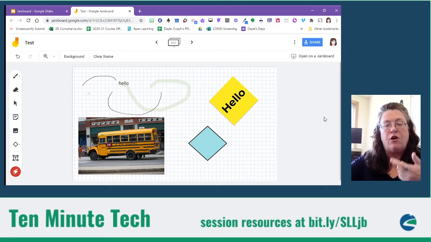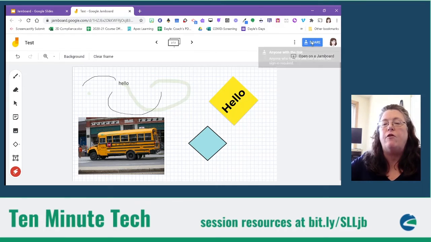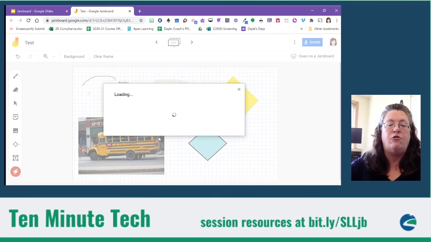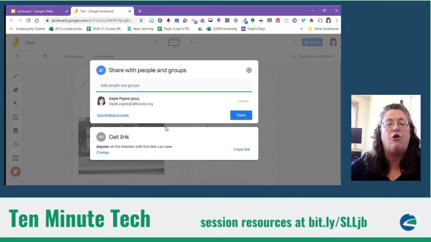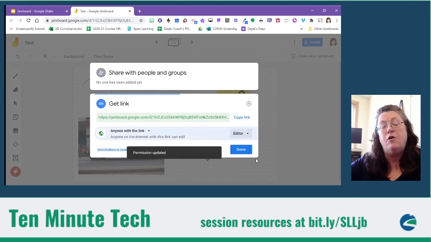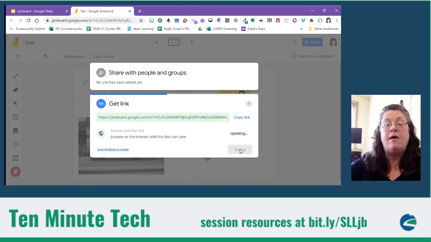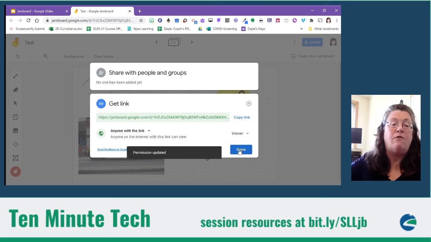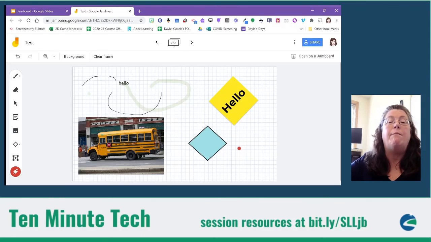When you're ready to share your Jamboard, this is just like any other Google tool. First thing that you want to do is make certain that the sharing permissions are correct. So right now, mine is set so that anyone on the internet with this link can view. I might want to change that, or make it so that anyone can edit. Totally depends on what I'm doing. But if I'm going to assign this through Google Classroom, I don't even have to worry as much about that,